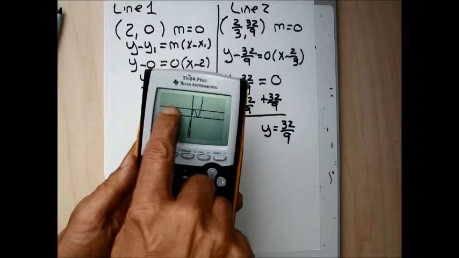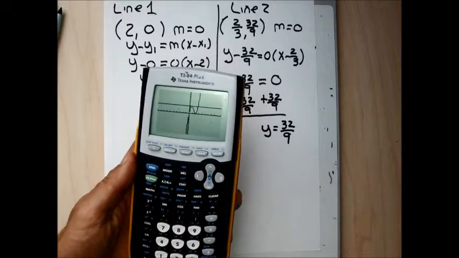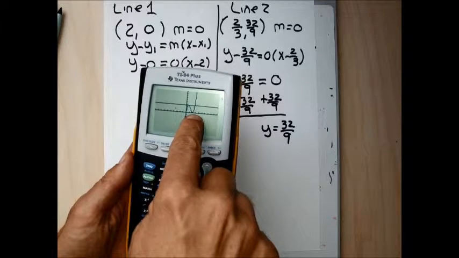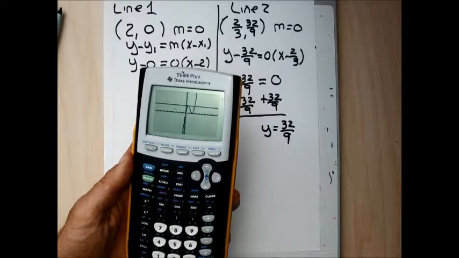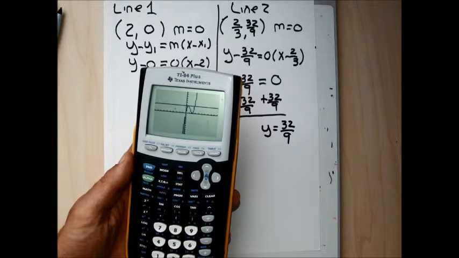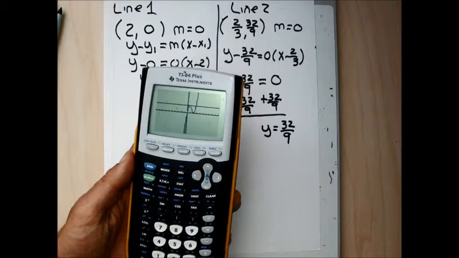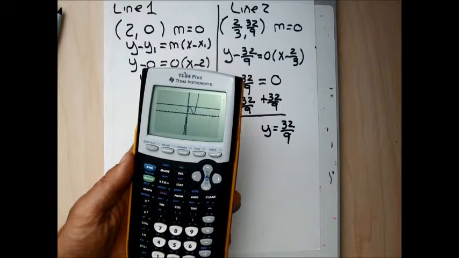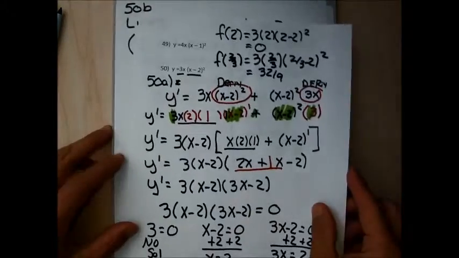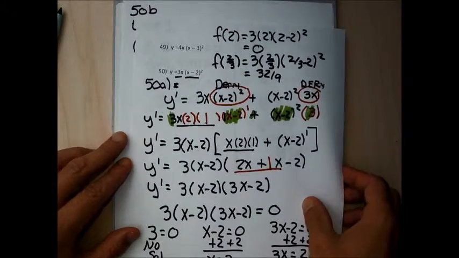The second 32/9 goes right through that hump, which is perfect, because horizontal tangent lines have to go through humps for the most part. There are other variations of horizontal tangents. They can go through kind of pauses in a graph, but I didn't put any of those because I didn't want to expose you to something that doesn't come up that often, and it's a little too early to bring that up. All right, so you should give 49 a go, and then we just have two more problems left,